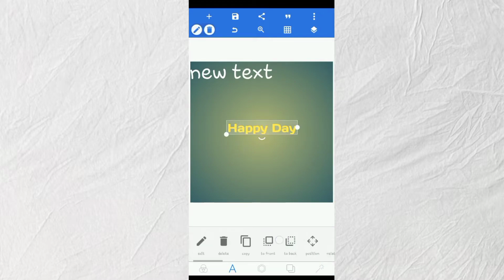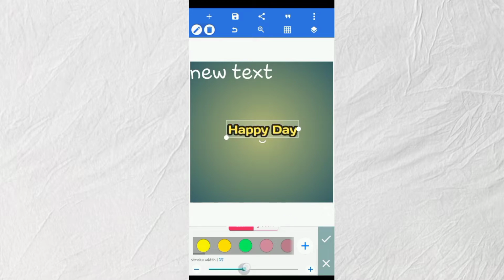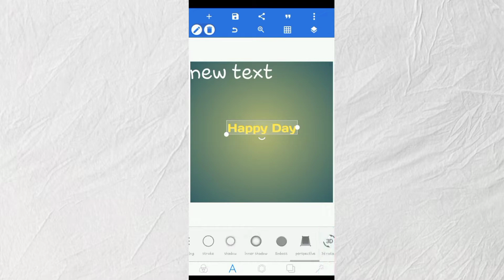Now, I want to show you something, an important part. You have the stroke, the shadow, the inner shadow, the emboss. Now, the stroke adds an outline on the text. The outline may also have its own color. Now, I would advise you stay away from this stroke for the meantime, because basically most people just rush and try to make use of everything in the app, and it becomes so overwhelming, because you're trying